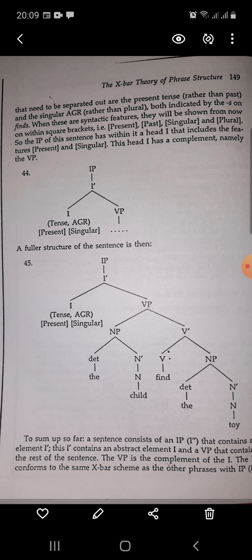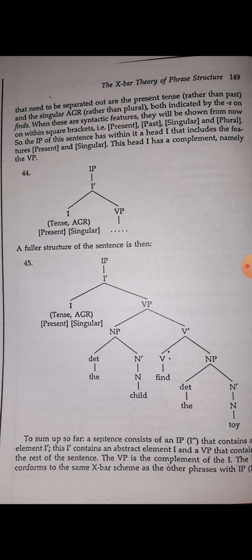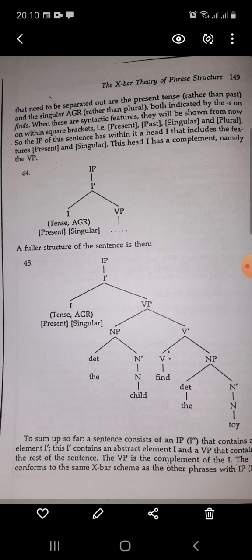In sisterhood we get a noun phrase. So that noun phrase is the determiner and the noun, the toy. Now this find, the s inflection has already been given in a separate branch in the beginning, that it doesn't have a close connection with the verb. We can find the meaning without it, but that meaning is being enhanced with this inflection, and that inflection has been given separately in the beginning. So this is how we will separate the inflectional or grammatical category in a separate branch, and we will deal with the rest of the sentence as per routine of X bar rules. Fine.